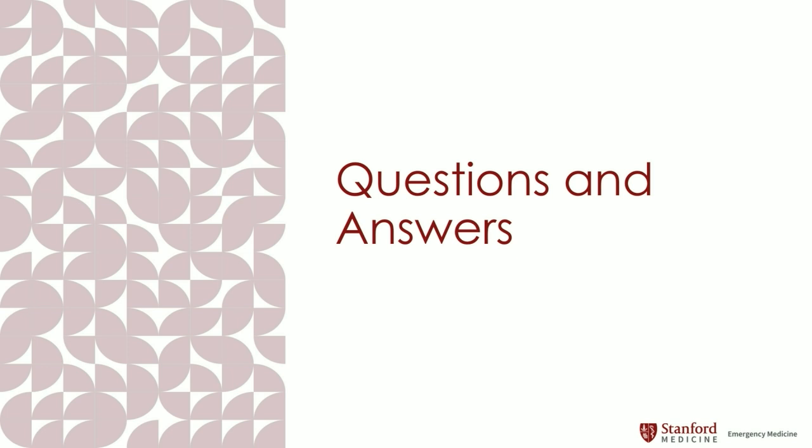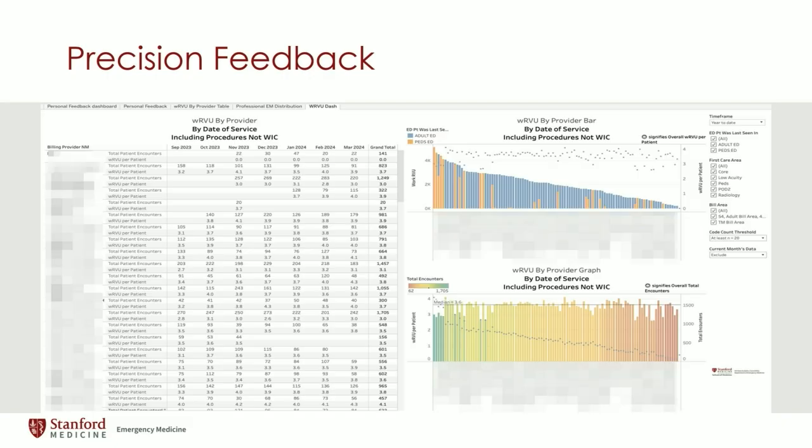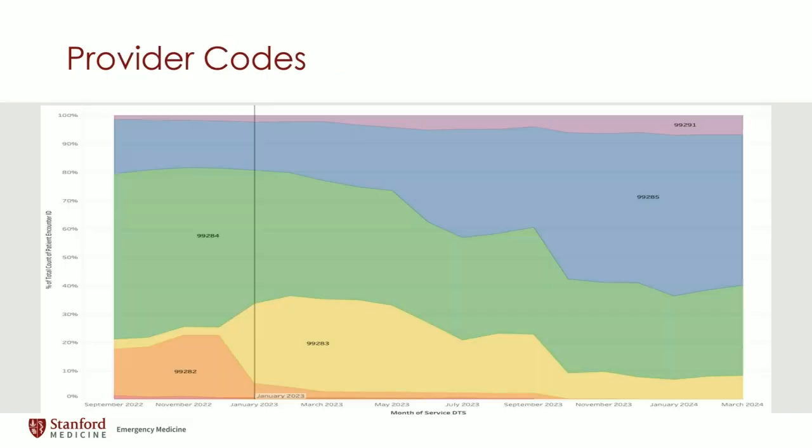My apologies. Yeah, these are actually all attached. They're all on the SAEM website. You can do it, but that's also for Matt too, because when we looked at it, we saw the same thing. Our level 2 and level 3, they grew as a result. Was it because of the way we were capturing the documentation in terms of the coding? What changed in regards to that ultimately led to